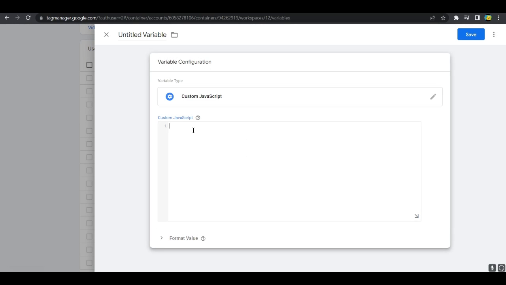Now what this means is that in any JavaScript you have a function and that function returns some value, right? So whenever you write a function and the function is returning a value, that value will become the value of this variable. That is the simple meaning of this. So let's say the example we took earlier, suppose we want to get the URL and convert it into lowercase. So we'll write function and then return page URL